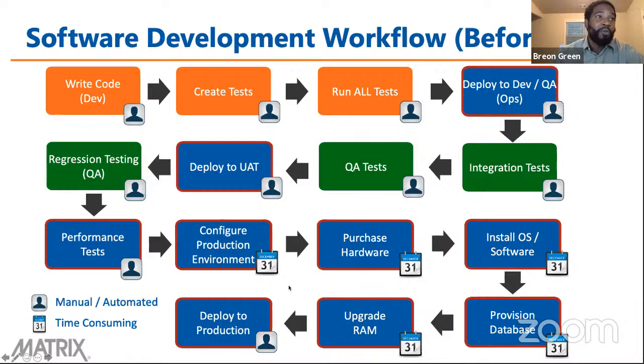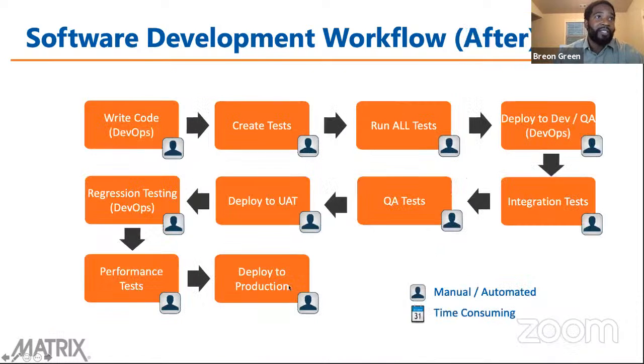So before it will look something like this, and then afterwards, we are looking to remove the manual processes so that we can get to our goal faster, which is deploying to production. Now, this allows really for more consistent or more quality product.